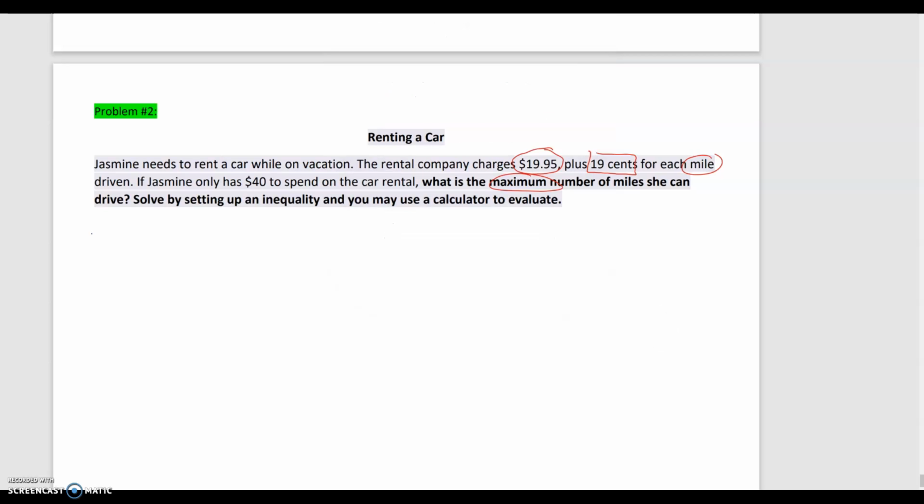So let's set up the actual variable. Let x equal the number of miles. And then they want us to set up an inequality. So the inequality